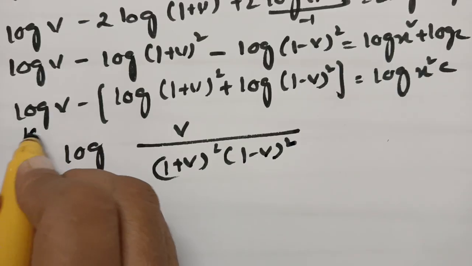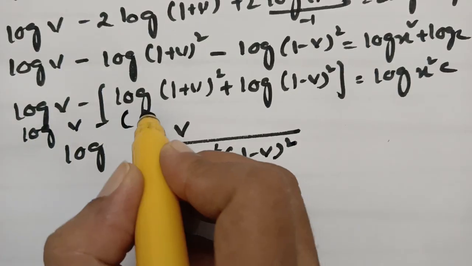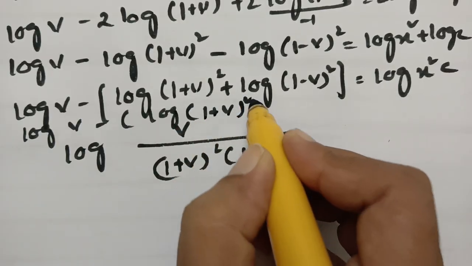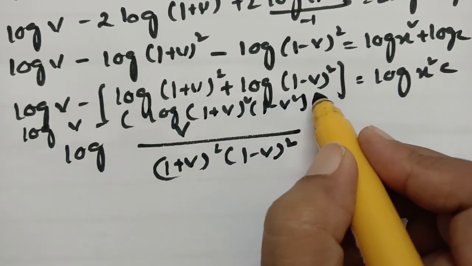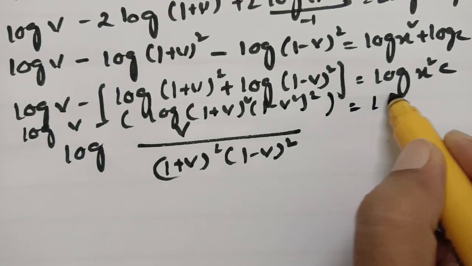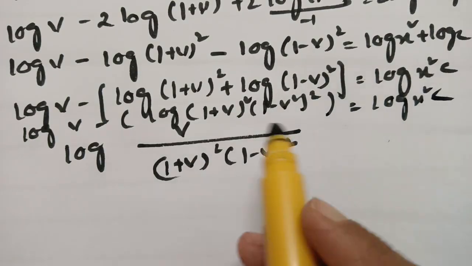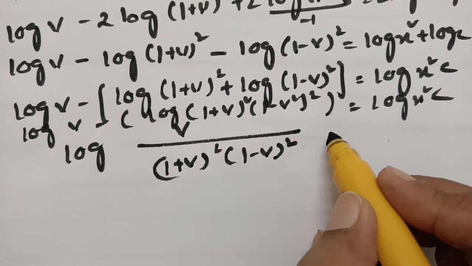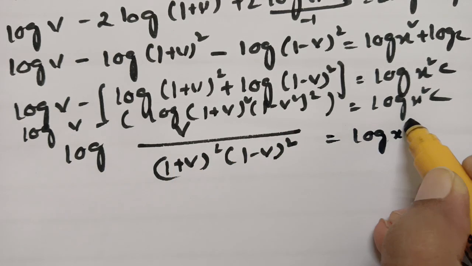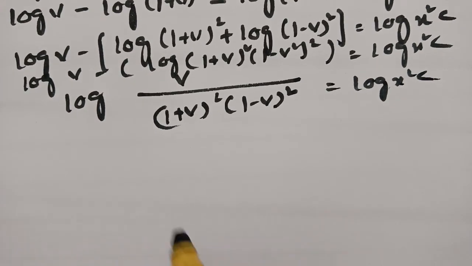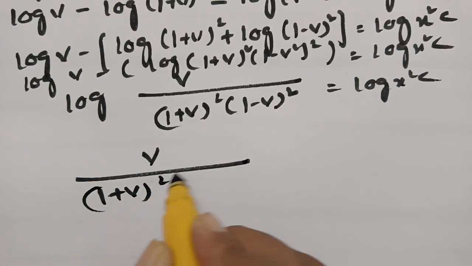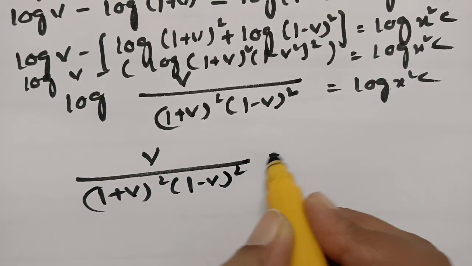So here I can write another step like this. Log a plus log b can be written as log a into b whole square, which is equal to log x square c. So log a minus log b can be written as log a by b, which is equal to log x square c. So if I cancel log on both sides, what happens? This is v by (1 plus v) whole square into (1 minus v) whole square,